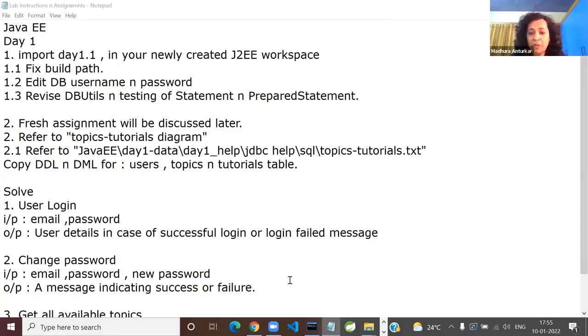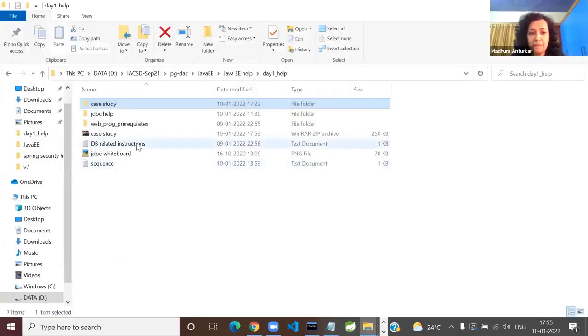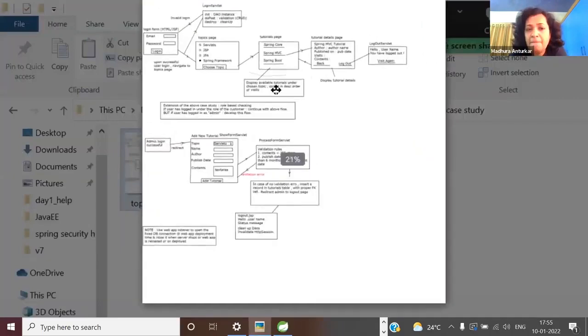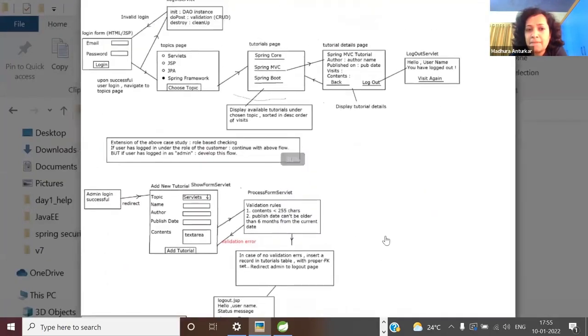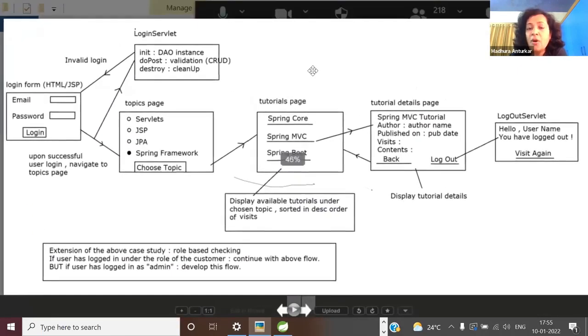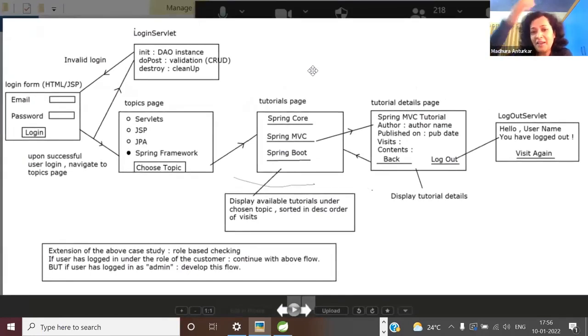Okay, so now open that case study zip. You will get this. And when I actually start you on web programming, this content management topic tutorial is just the name, but the actual project we are solving is content management system. So open that. The title of this case study is content management system. Currently you don't have any idea about servlets and all that. That will start in a day's time, but understand the flow.